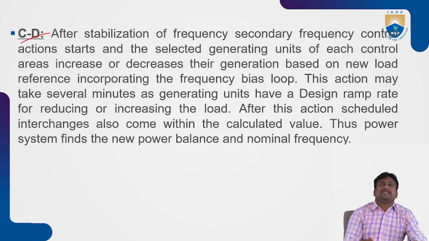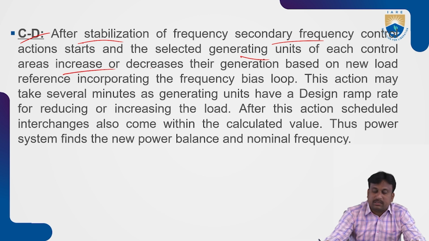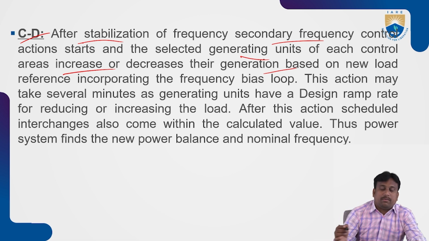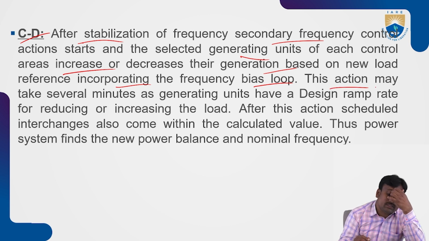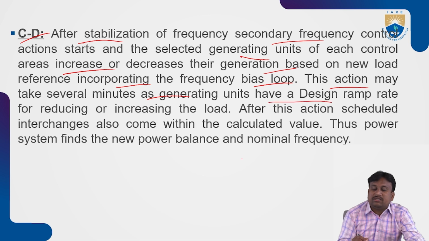In the pair of C to D, after stabilization of the frequency, secondary frequency control starts and selected generating units of each control area may increase or decrease their generation based on a new load reference that may incorporate the frequency bias. That means this action may take several minutes, as the generating units have a design ramp rate